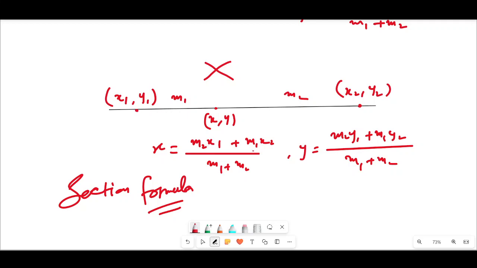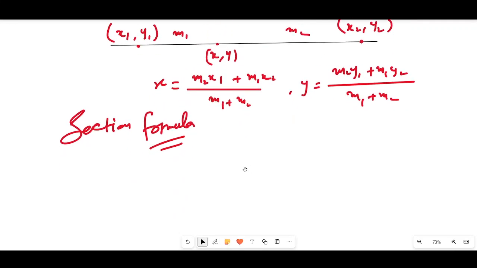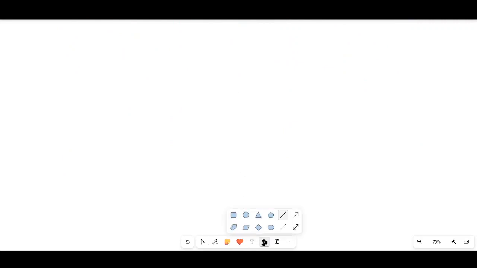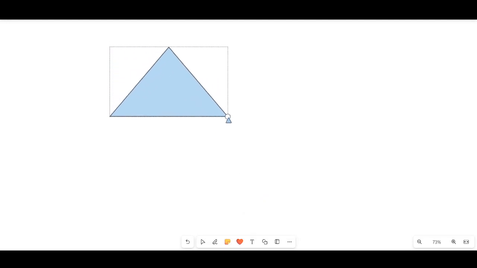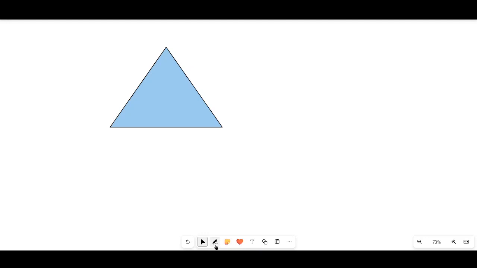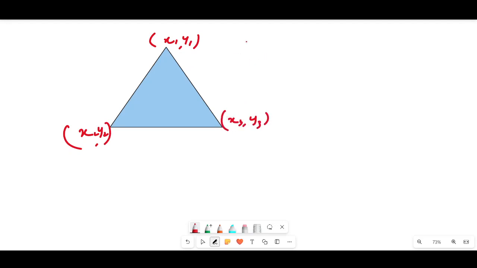And if you want to learn it, suppose this is a triangle and there are coordinates, suppose this is x1 y1, this is x2 y2, this is x3 y3, then the area of this triangle will be